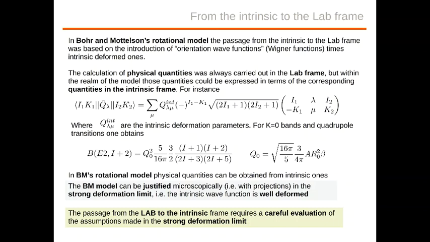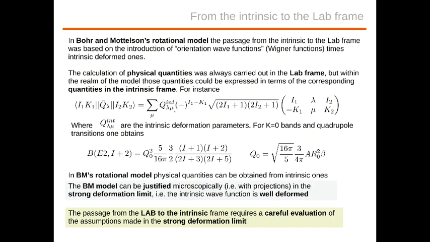This is the kind of quantity that enters transition probabilities, right? And you can prove within this model that this quantity in the laboratory frame can be given by this linear combination, with some Clebsch-Gordan coefficients and some